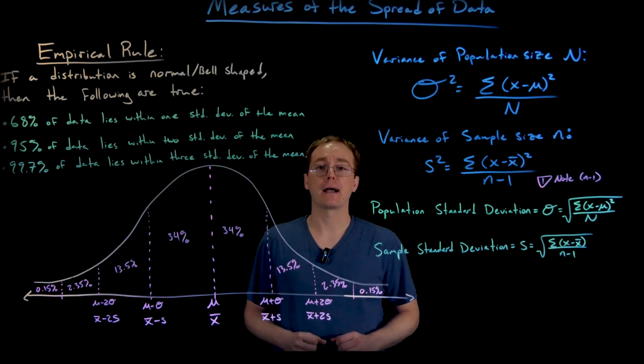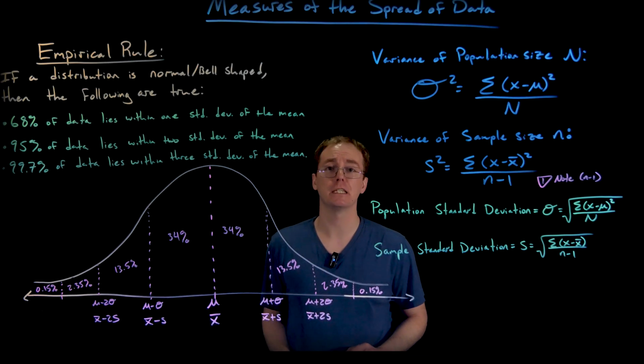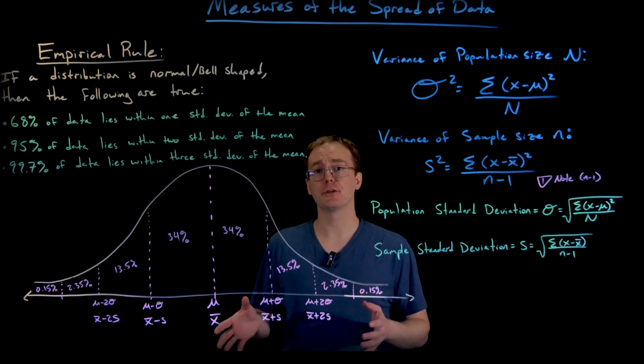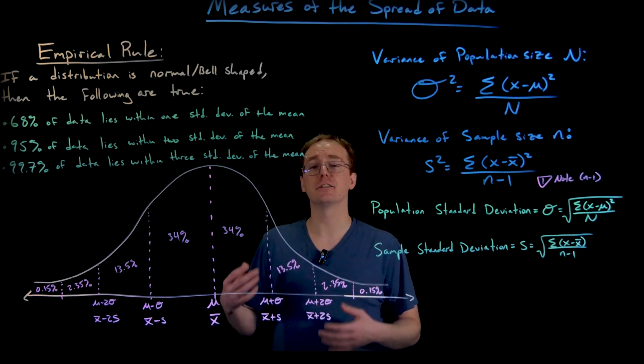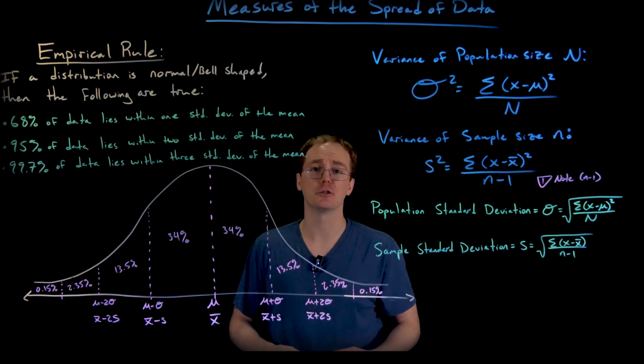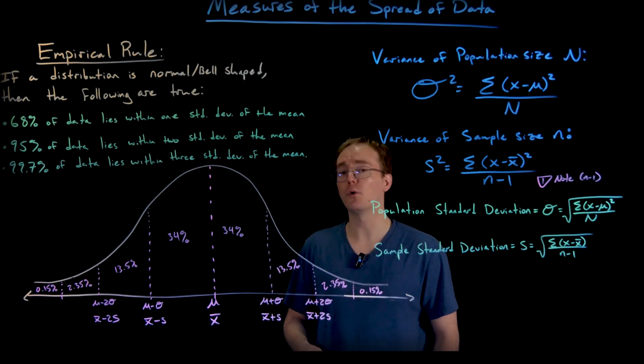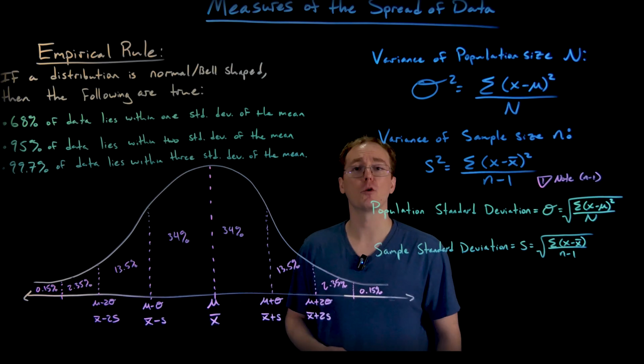Hello everyone, welcome back. In this video, I want to talk about the empirical rule and how it relates to the standard deviation. So we can use this empirical rule when we're working with data that is distributed roughly normally or with a bell-shaped curve to its distribution. That is an assumption we are making when using the empirical rule, and under that assumption, the following statements are